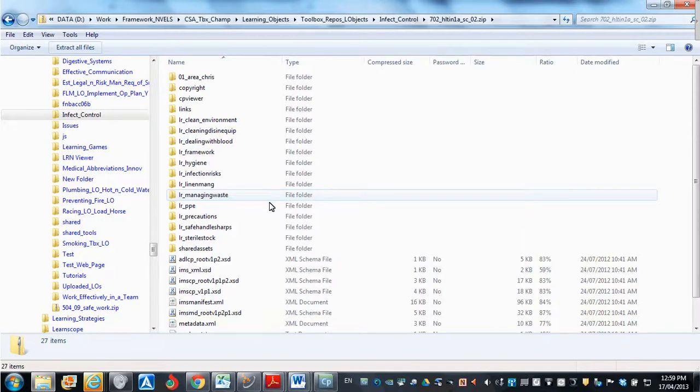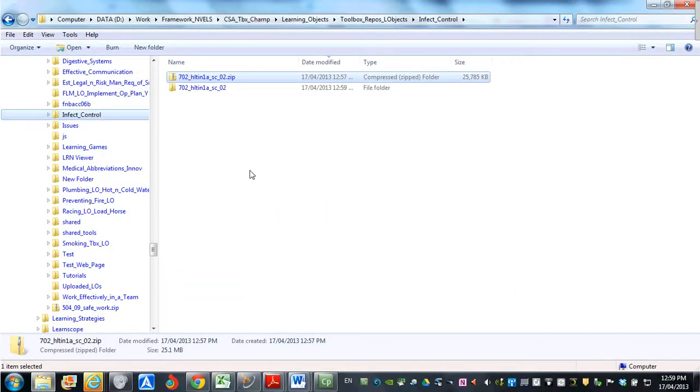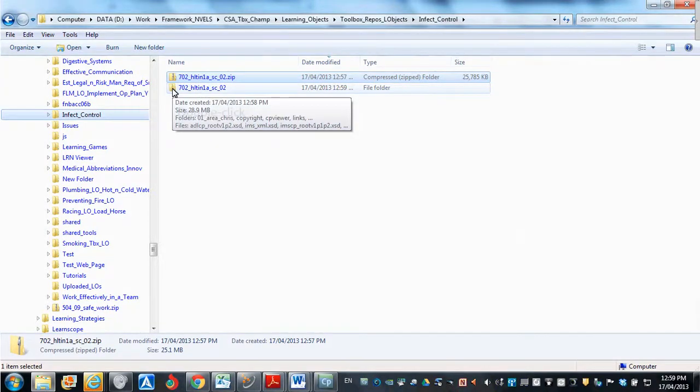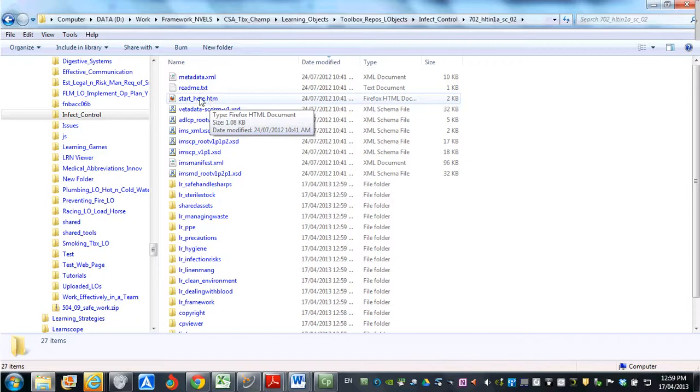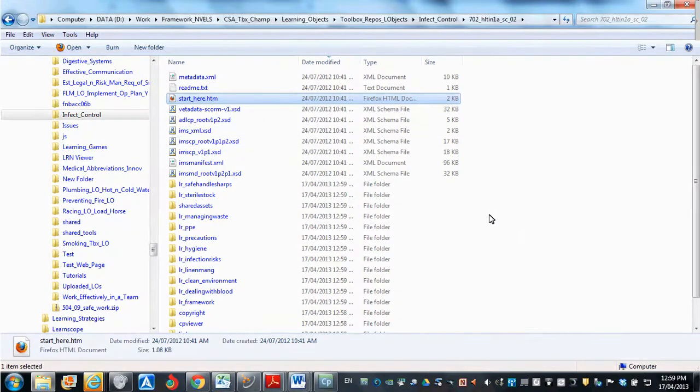Okay, all done. So you can see that as well as the zip file within the infection control folder, we now have another folder called 702. That's the name of the toolbox, and it's about infection control. So when you go to open up a learning object, there are two files that you'll be looking for. One is called LRN Viewer on the older style learning objects, but the one you're more likely to find is called Start Here, and this will be referred to in that Word document that I suggested you download from the repository site before. So now if I open up Start Here,